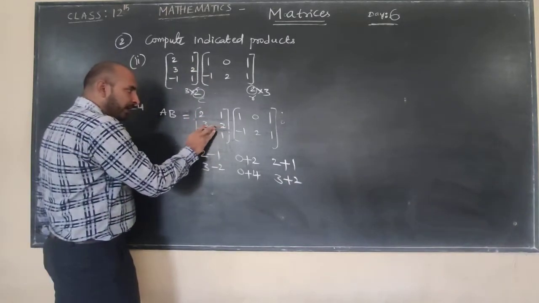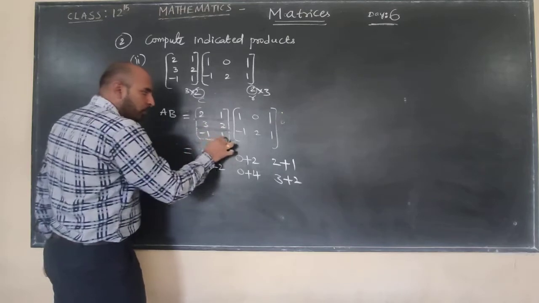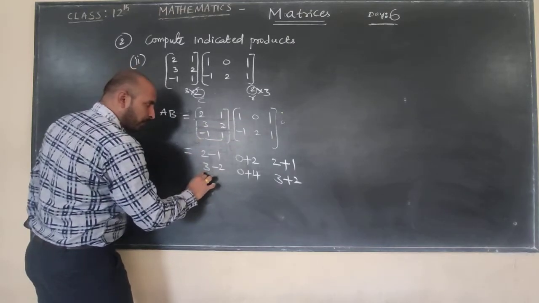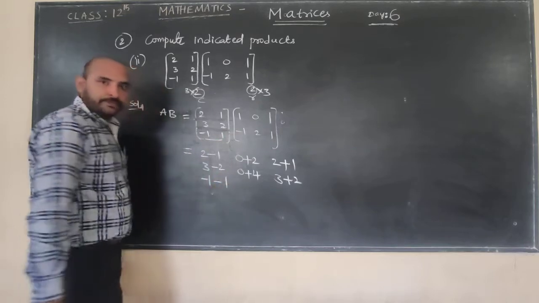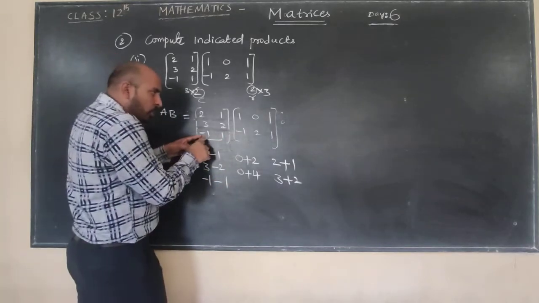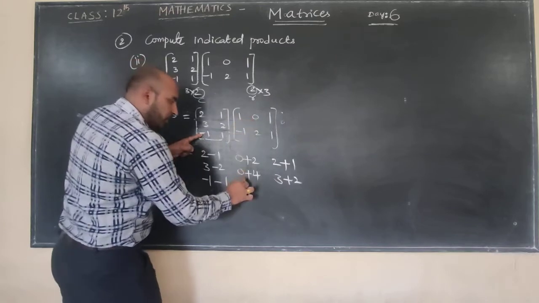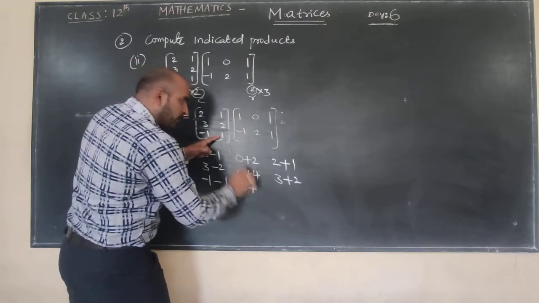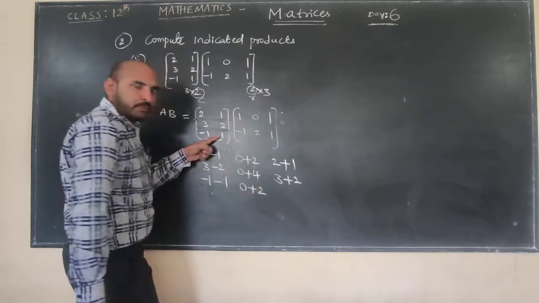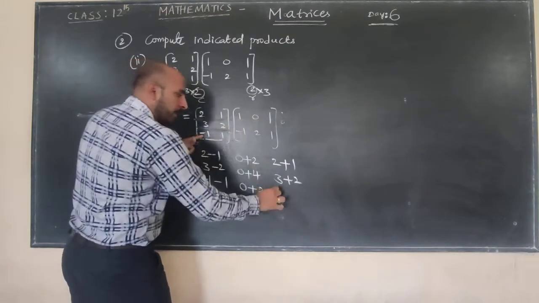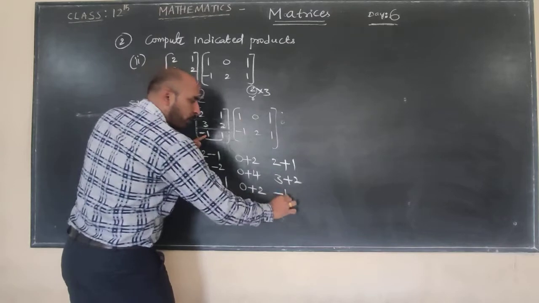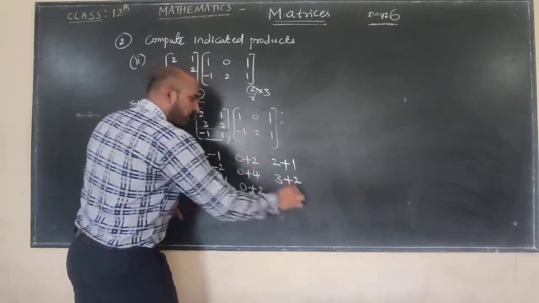Now coming to the third row. Third row, first column: minus 1 into 1, minus 1, plus minus into minus, 1 ones are 1. Now second column: minus 1 into 0, 0, plus 1 into 2, 2. Now coming to the third row with third column: minus 1, minus into plus, minus 1 into 1, 1, plus 1 ones are 1,